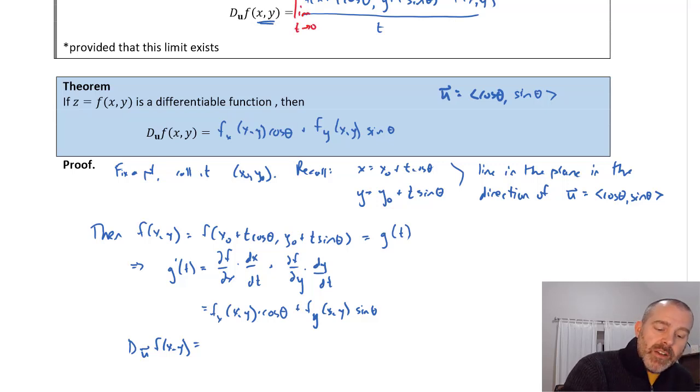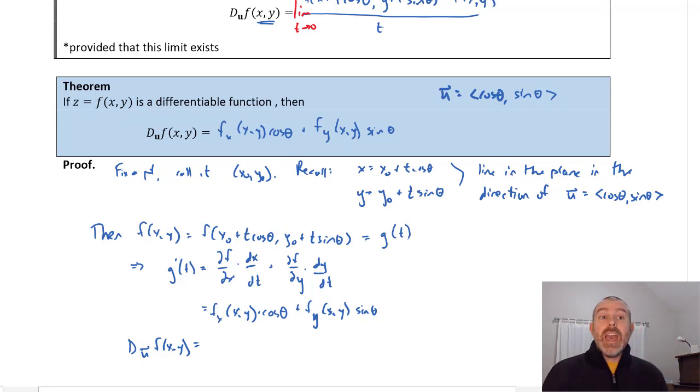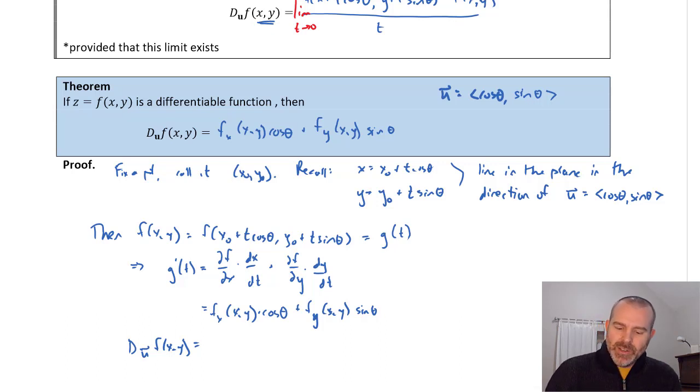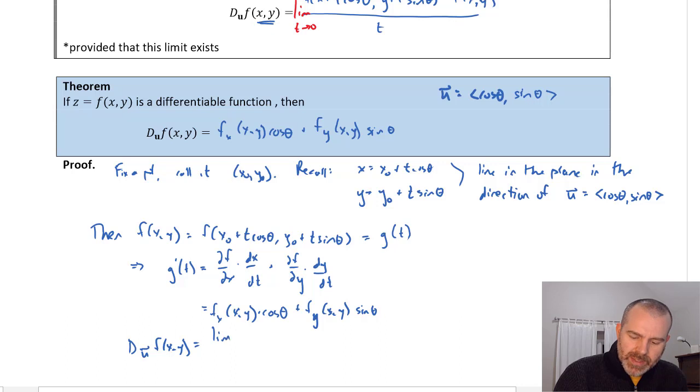But of course, if you don't take the limit as t goes to 0, it's the secant line. And we want to get the slope of the tangent line in that direction. And so we need to take the limit as t goes to 0. That's our directional derivative then. The limit as t goes to 0, f of